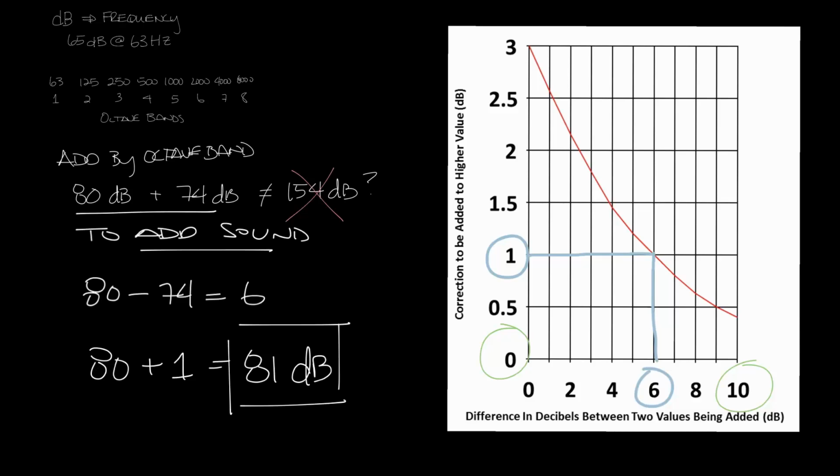That way we know the sound we're measuring is the sound of the unit and we're not getting any additional sounds from the room. On the opposite end, you can see if the difference between your two sound sources is 0, or they sound the same, then you add 3 dB. So this basically tells you that if you have two of the same sound source within hearing range, it'll sound 3 dB louder than a single source. So that's how